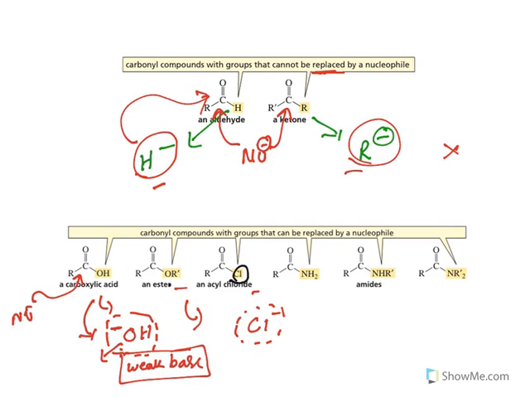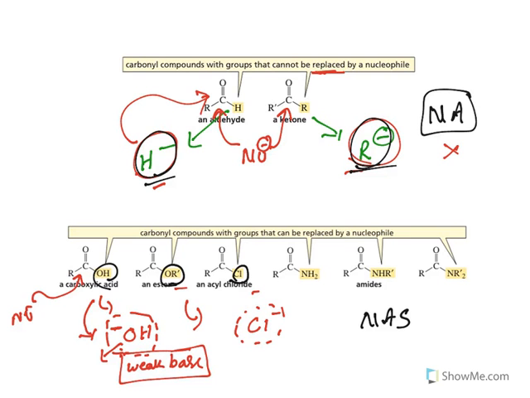So in carbonyl compounds, the groups can be replaced when they are good leaving groups. If they are coming out as weak bases, good leaving groups, then nucleophilic acyl substitution takes place. In these other cases, they cannot come out because they are not stable ones, and hence a nucleophilic addition reaction takes place. So these are all the basics which you need to understand. In the next class, we'll see the mechanistic approaches of nucleophilic addition and nucleophilic acyl substitution.